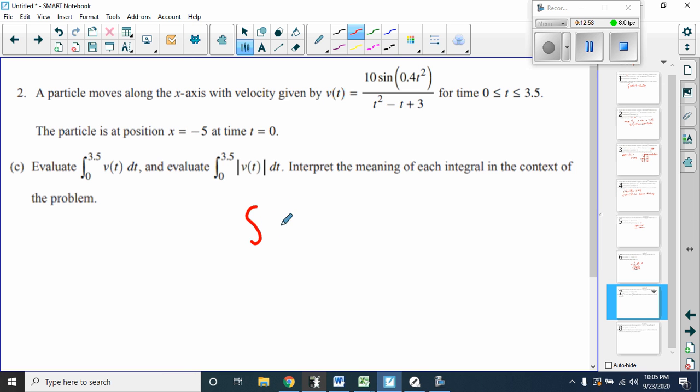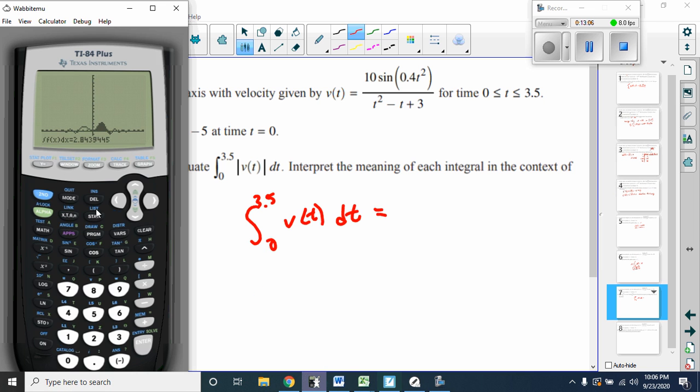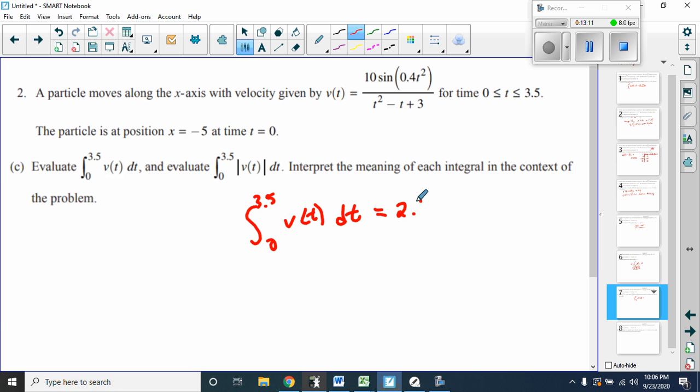So the integral from 0 to 3.5 of v of t dt is equal to 2.844, whereas the integral from 0 to 3.5 of the absolute value of v of t dt